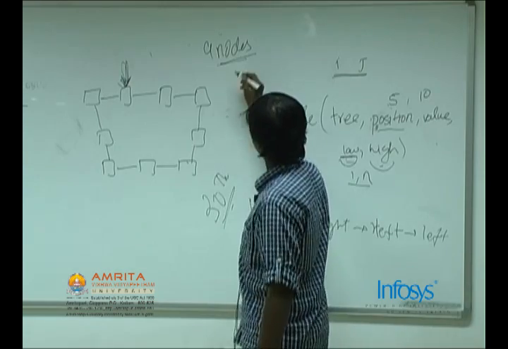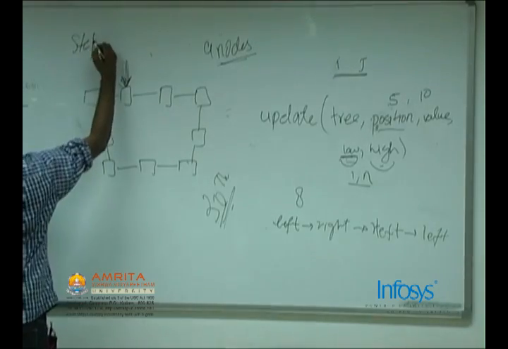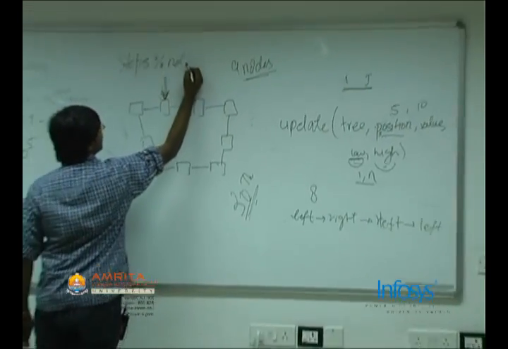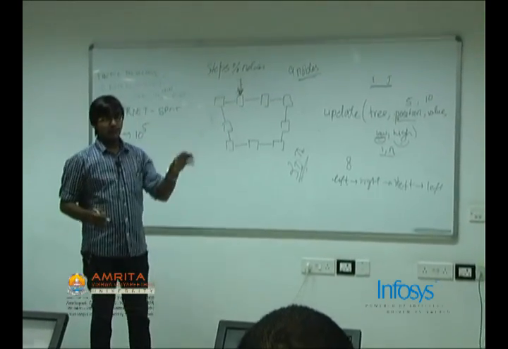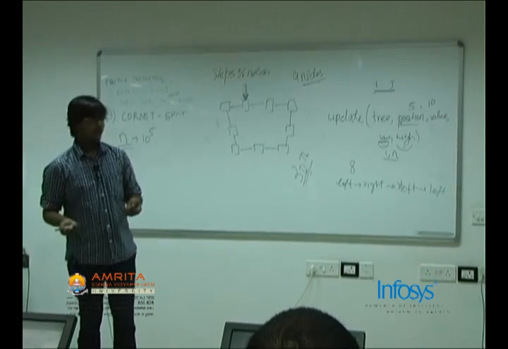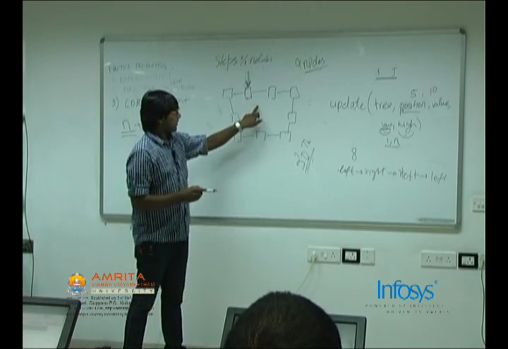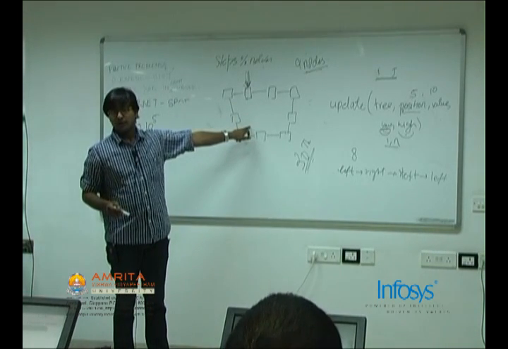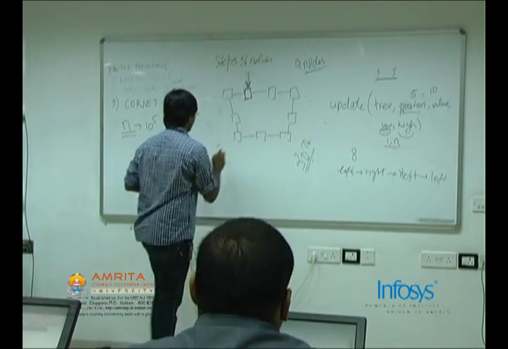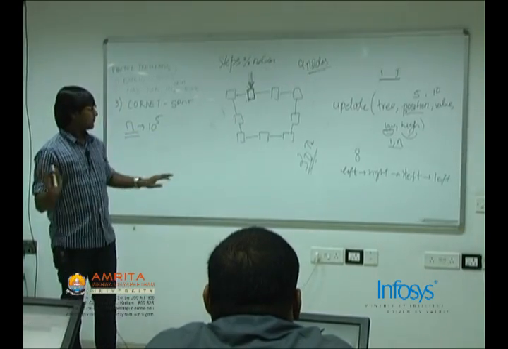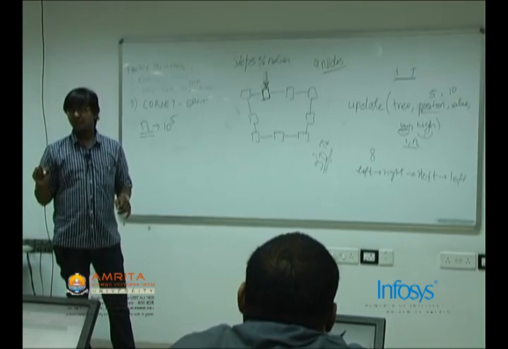So this way, whatever steps I have, I take steps mod the number of nodes left. I take the remainder. That's the actual number of steps I have to travel. So now these particular elements are inserted in an interval tree. At any step, the query I have to answer is, so I've explained the interval tree to you. Interval tree is not circular. It will be a linear structure.